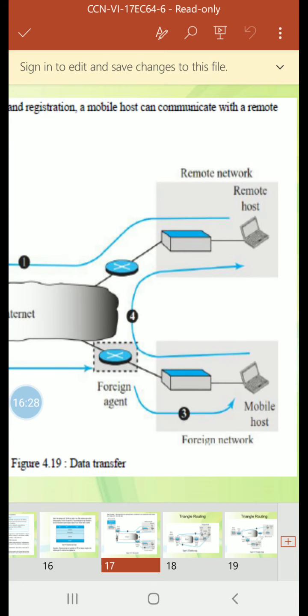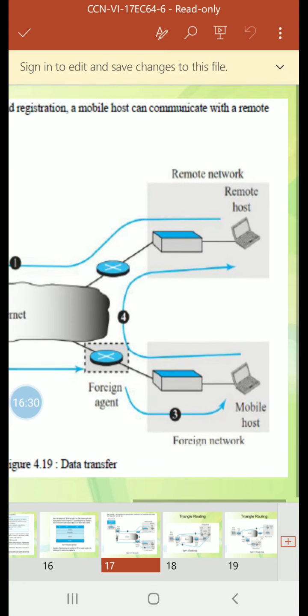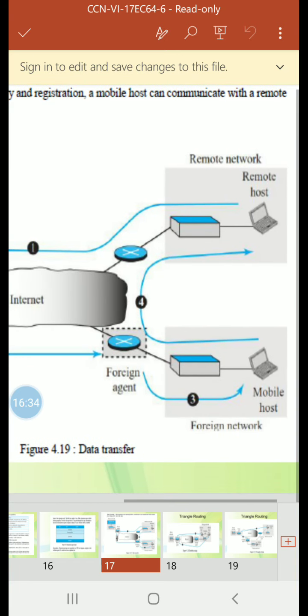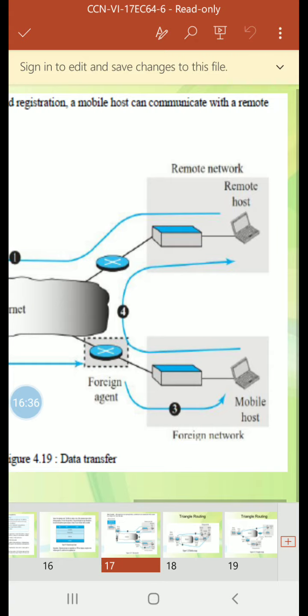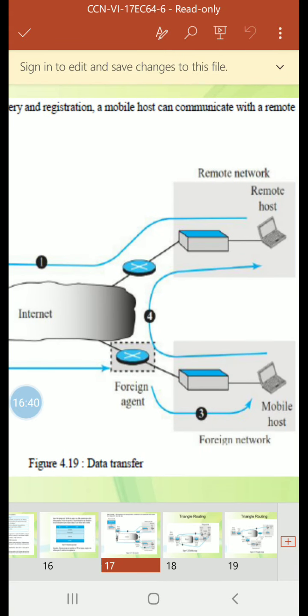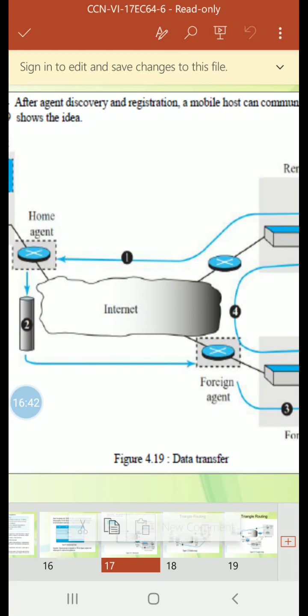Path 2 in the figure shows this step. The paths are labeled 1, 2, 3, 4. Path 1 indicates remote host to home agent. Path 2 indicates home agent to foreign agent.